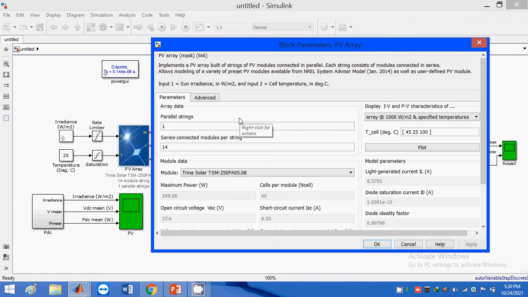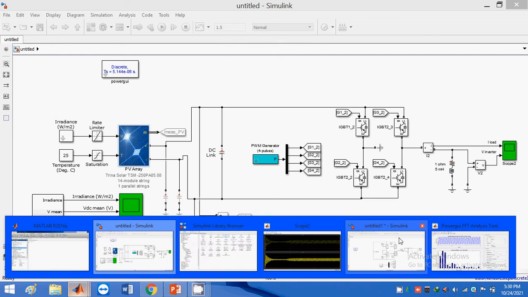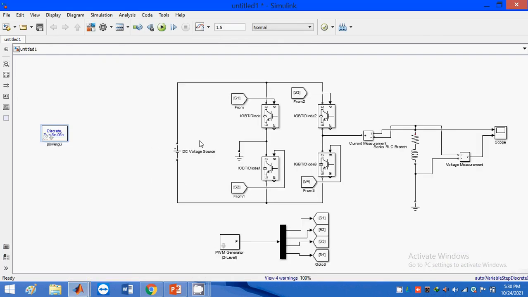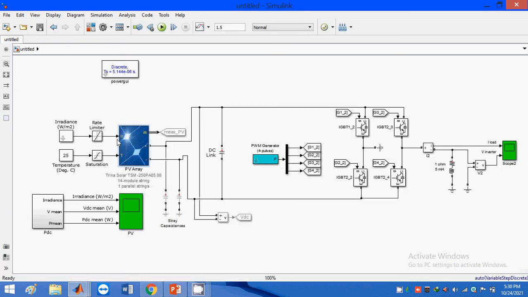So what is the difference between the previous design and the present design? I am just replacing the DC voltage source with the solar panel, because this design is for rooftop application purposes. So run this model.